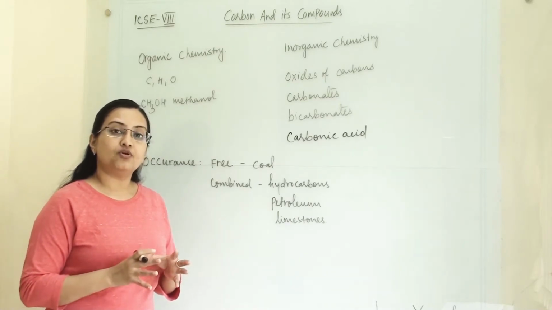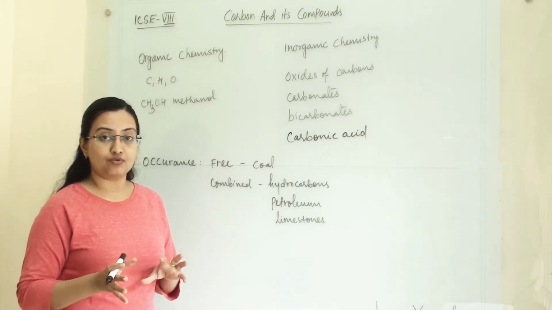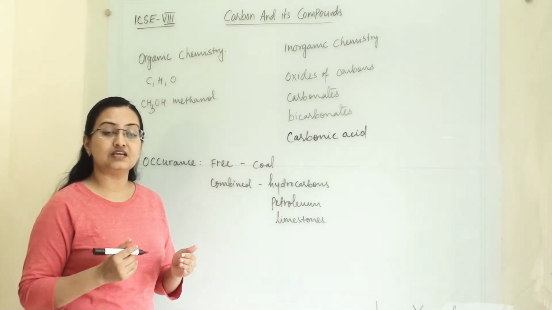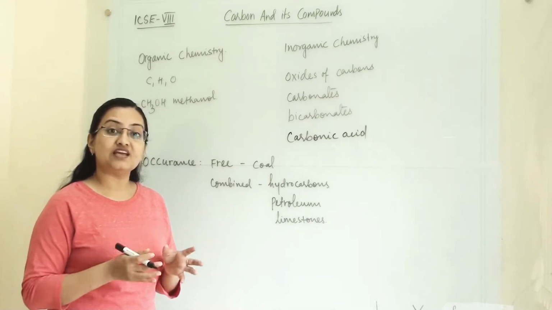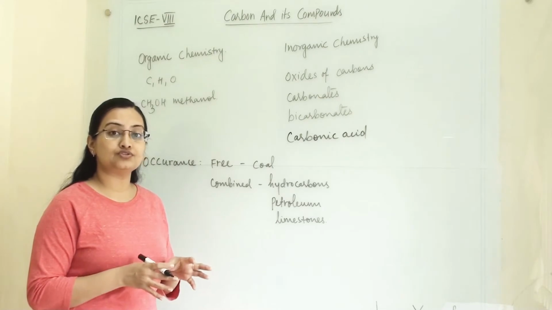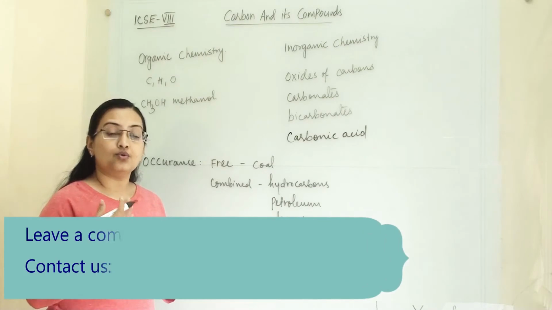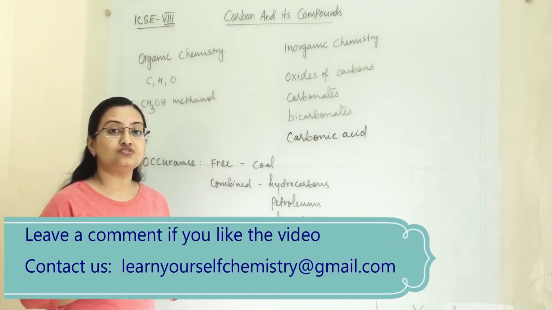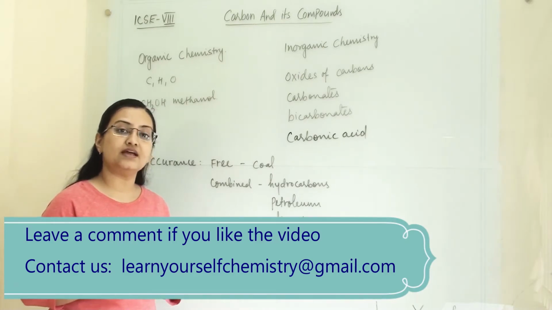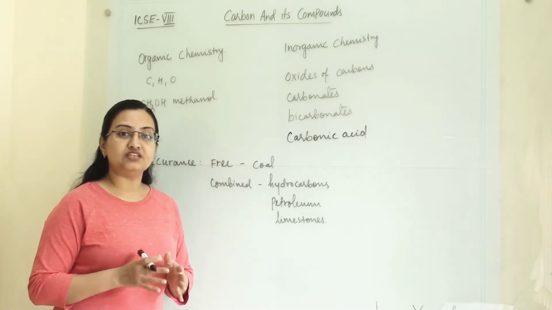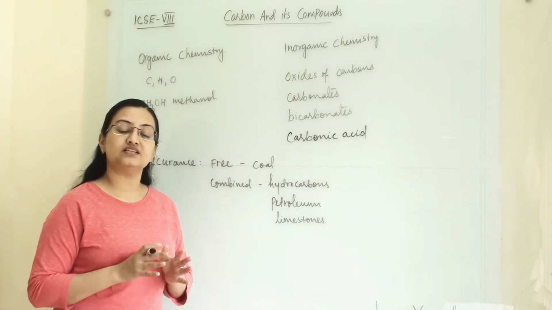In allotropic forms of carbon, there are two types of carbon forms: crystalline and amorphous. In amorphous, we will study many forms of it like coal, lamp black and so on. Whereas in crystalline form, we are going to study diamond and graphite. And going further, we are going to study two main compounds, that is oxides of carbon, carbon dioxide and carbon monoxide, thoroughly with their chemical equations, physical properties, chemical properties and their importance.